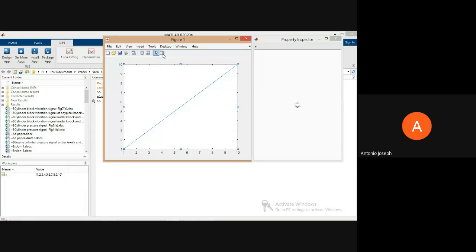Since there are a lot of software in my laptop, it's a little bit slow. That's why it's taking much time. If you have a high performance computer, it won't take that much time.